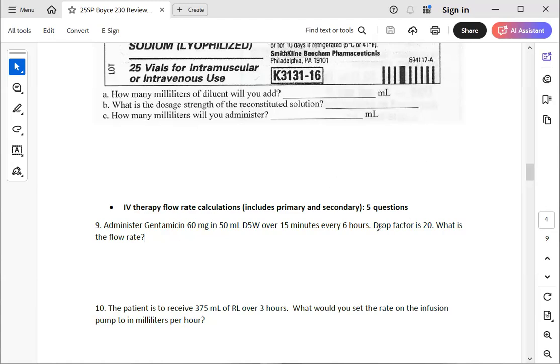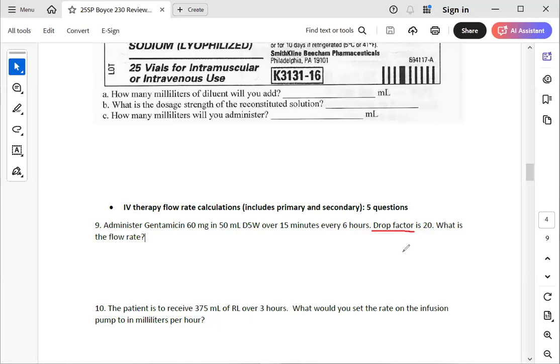If, however, they give you a drop factor, then most likely they're looking for drops per minute. But in this problem, we can actually solve for both. My assumption would be that if they give you a drop factor, they want to know drops per minute,